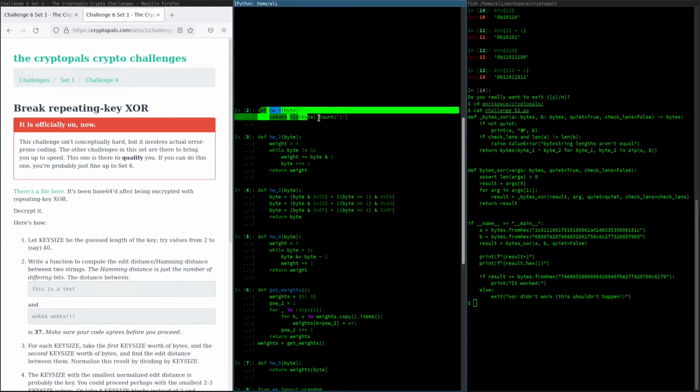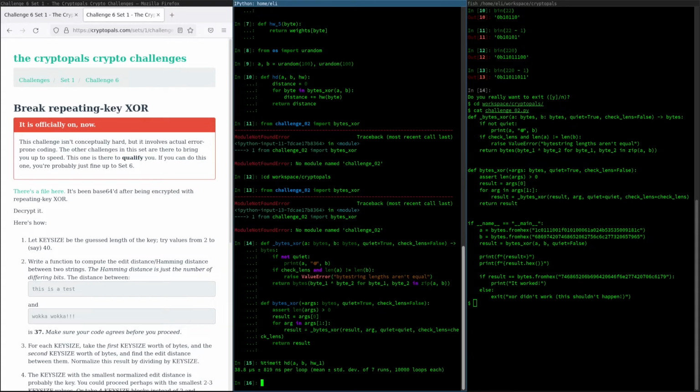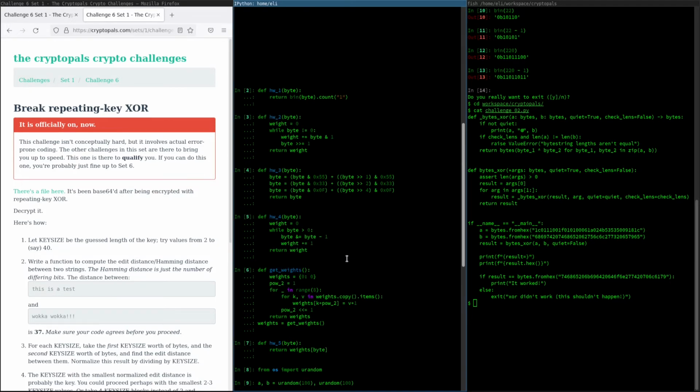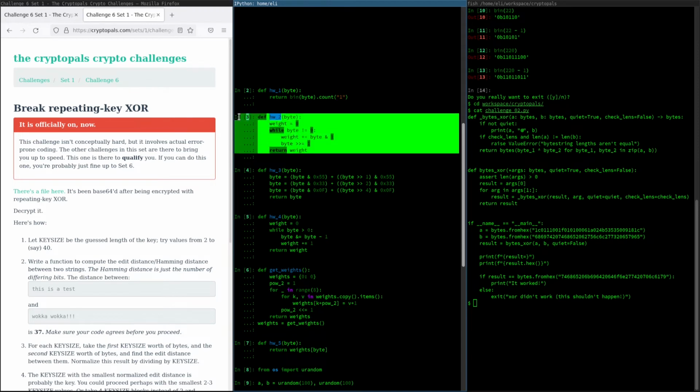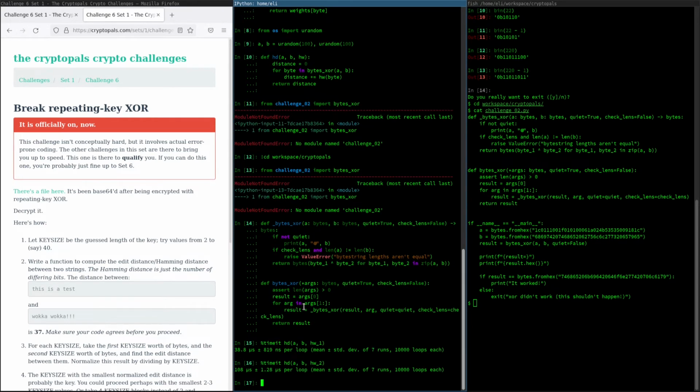So first, we'll benchmark Hamming weight 1, which works by converting to a string and counting the 1 bits. All right, and that takes 38.8 microseconds. Not bad. Let's try Hamming weight 2, which is the one that works by applying a mask to every single bit in the byte. And this one takes 108 microseconds, so this is substantially slower than the one that works